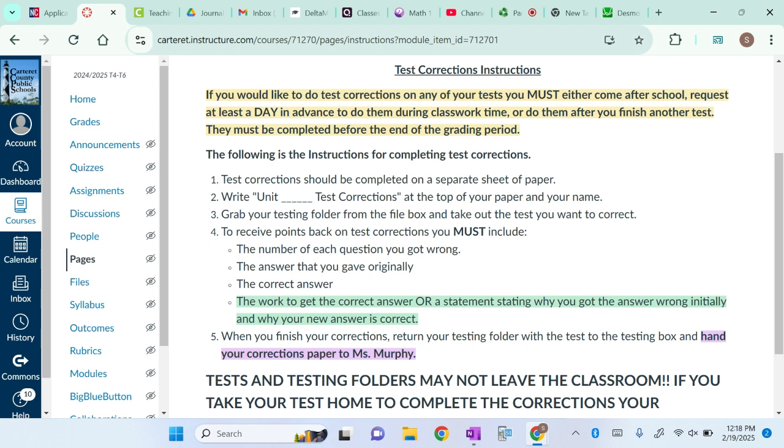Again, tests cannot leave this room. The reason is that we reuse tests a lot, so it's more of a security thing. So you cannot take it home to do. You have to do it in school. Any questions on that? So I'll let you guys start doing test corrections